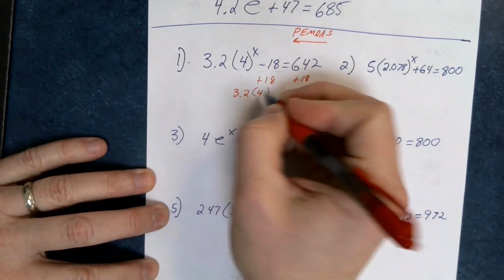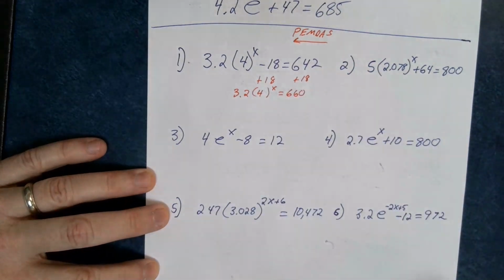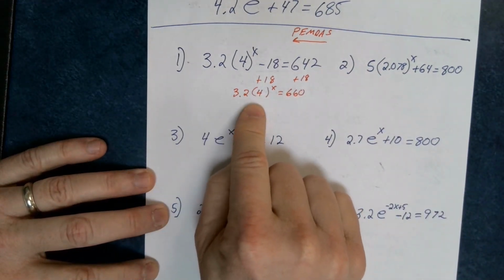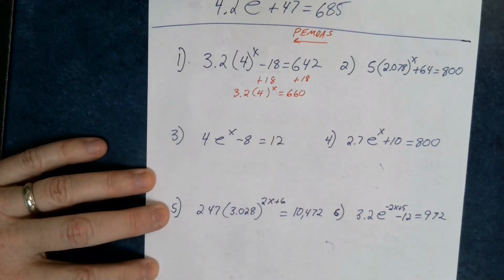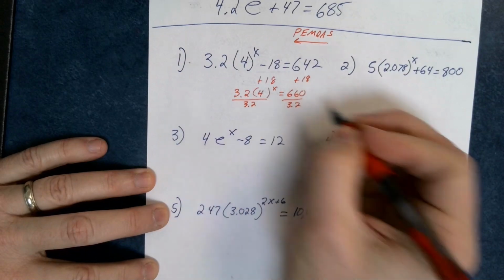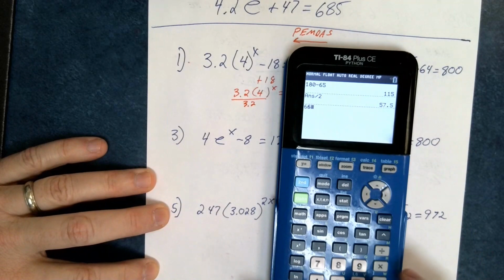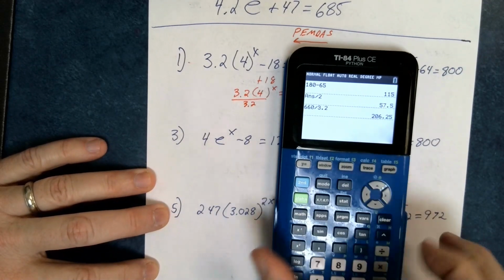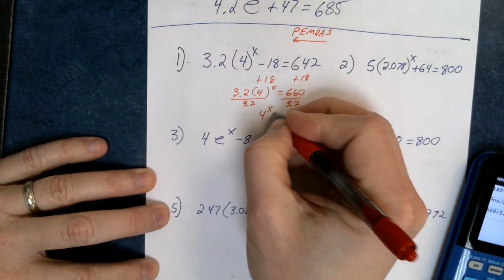3.2 parentheses 4 raised to the x equals 660. I cannot distribute this 3.2 into here, right? That would be doing multiplication before the exponent, so I have to undo that. So I'm going to divide by 3.2, divide by 3.2, and I'll get 660 over 3.2 on my calculator. 660 divided by 3.2. I got a 206.25. So 4 to the x equals